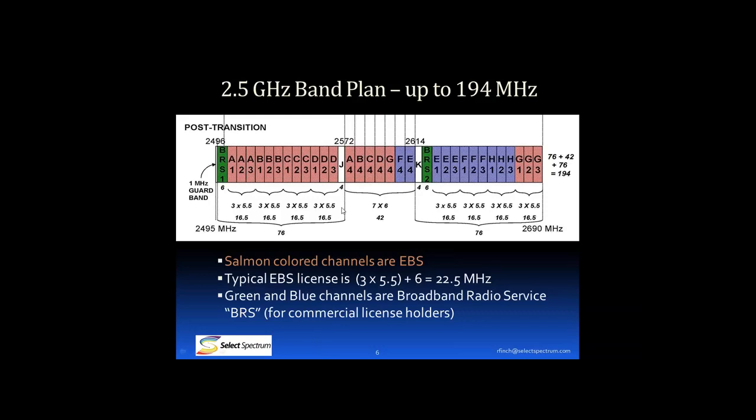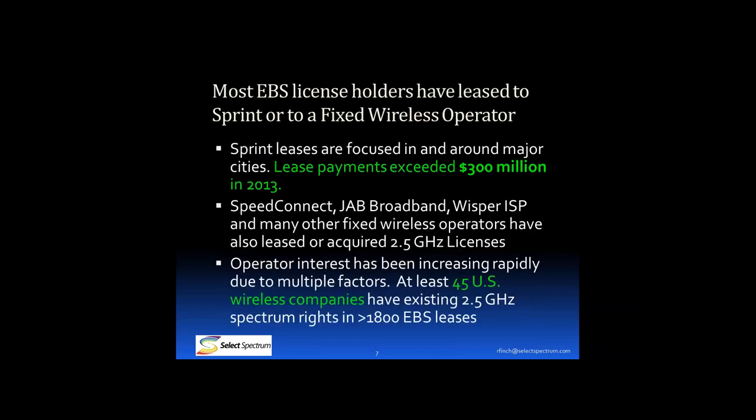As you can see, there's actually more educational spectrum in this band, typically 5 licenses, A, B, C, D, and G on the right-hand side, as opposed to the commercial where we have the E, F, and H groups, similar in size to the typical educational license. And then separately, there's the BRS1 and the BRS2, which are 6 megahertz each. So this was a result of the new band plan that was developed in 2005. Essentially, almost all of the country has now converted to this band plan. So that's what most licensees hold.